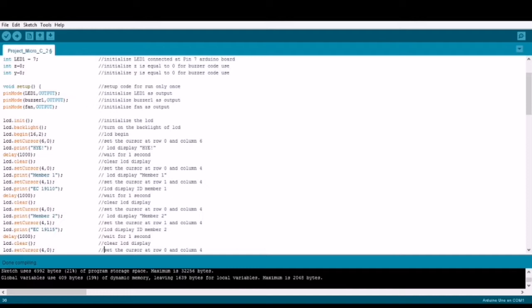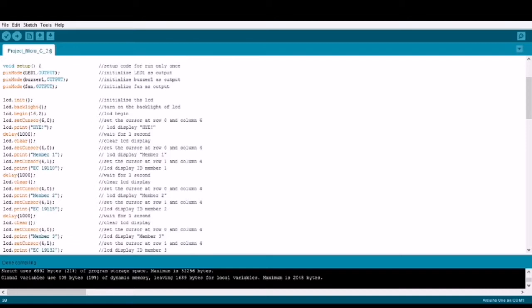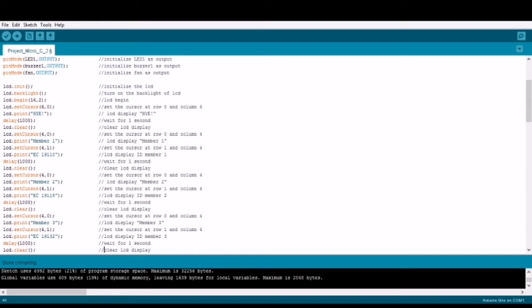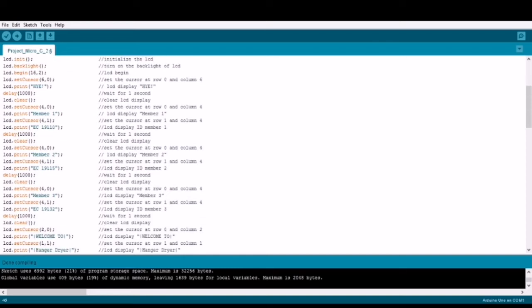Then for the LCD, it will display hi for a second, and then the LCD will clear, and then the LCD will display member 1 and EC19110 for a second. Then LCD will clear, and then the LCD will display member 2 and EC19115 for a second,